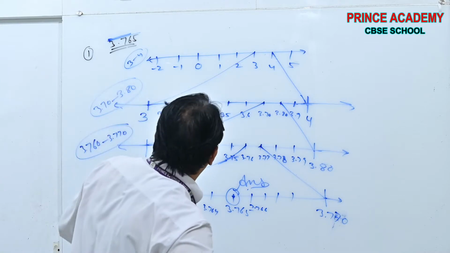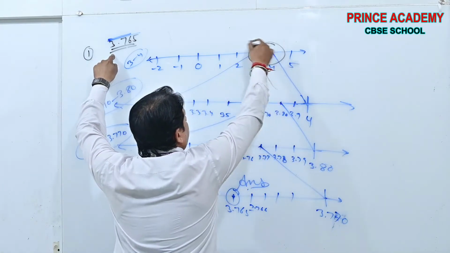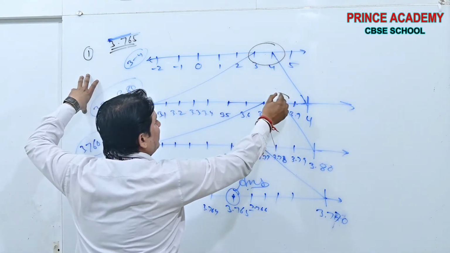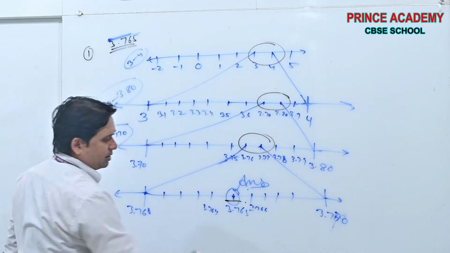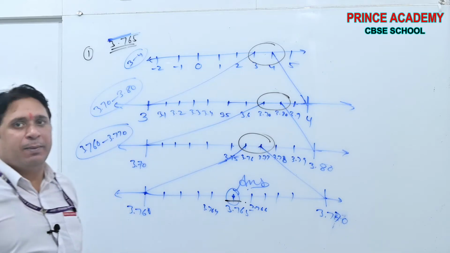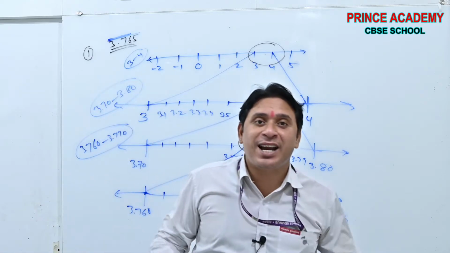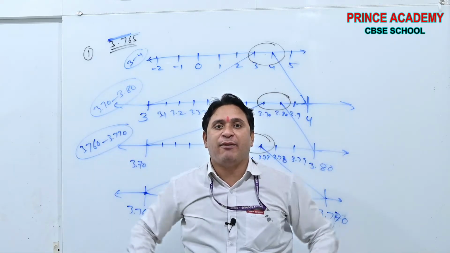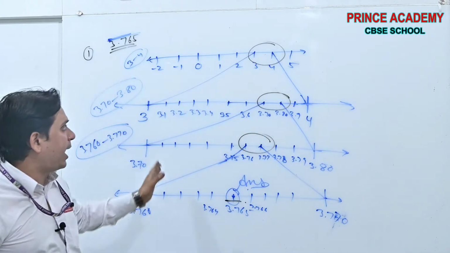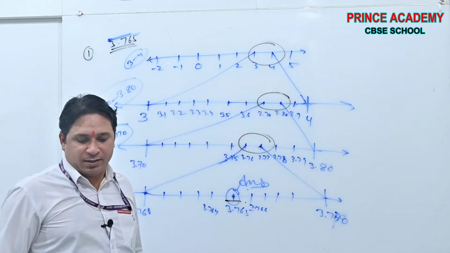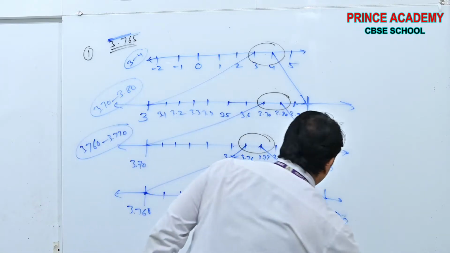What did we do? Initially we magnified 3 to 4, then we magnified 3.7 and 3.8, then this, and then we got the result. Okay, it is so simple beta. Just try to understand which part you have to take inside the magnification lens. Automatically you will understand the concept. Done? Now see.